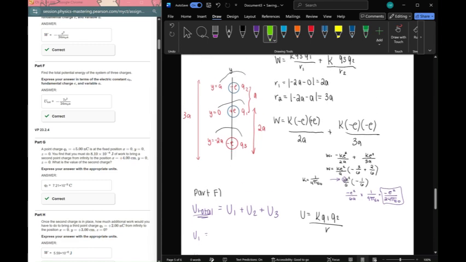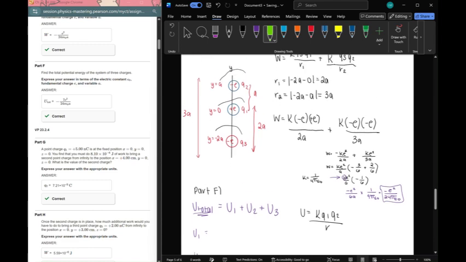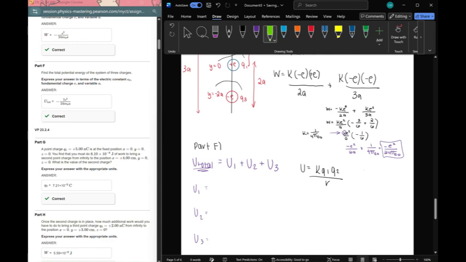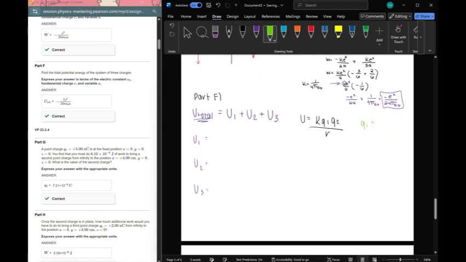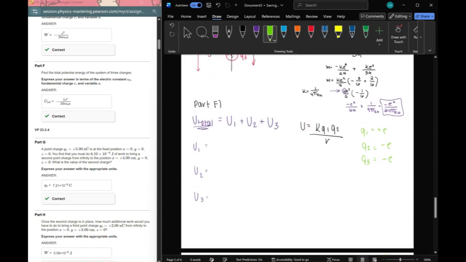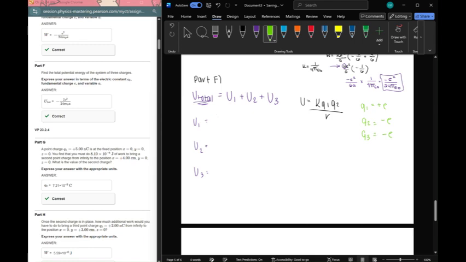Remember Q1 is positive E, and then Q2 is negative E, and then Q3 is negative E. So we're gonna write that down. Q1 equals positive E, Q2 and Q3 are both negative E. I believe that's how it is. Yes. Okay, let's form the equation. Q1 and Q2 over the distance A,